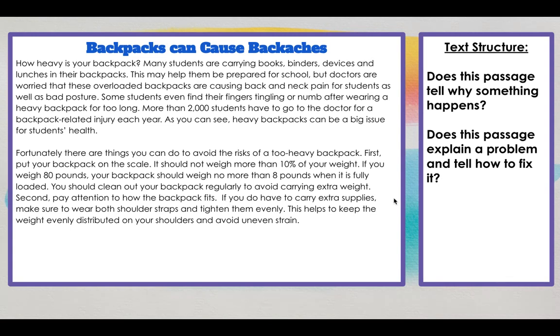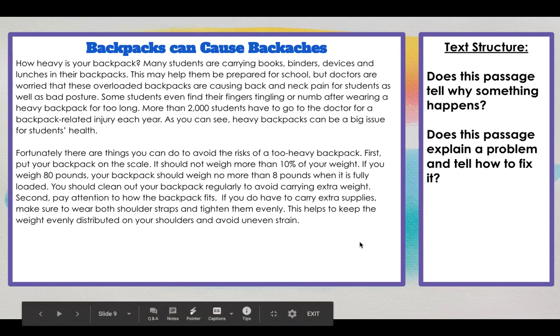So think about this passage we just read. Does this passage tell why something happens? Does this passage explain a problem and tell how to fix it? I notice a little bit of both here. It tells us why people get backaches, right, from their backpacks sometimes. But I think the whole arc of this, the bigger picture here on this, is that it's telling us about